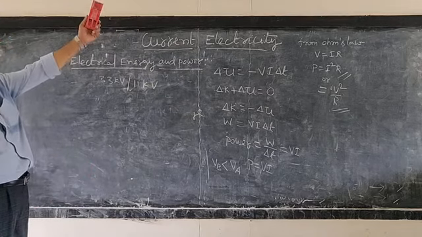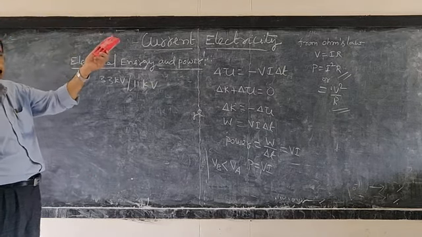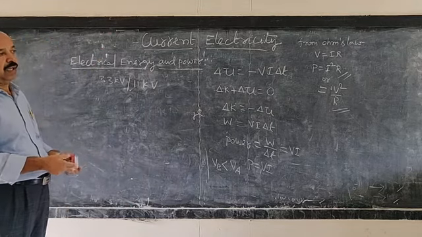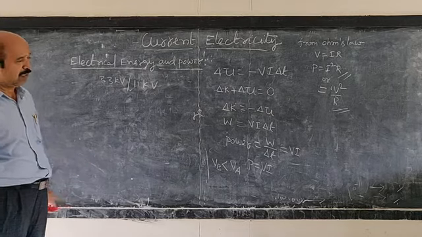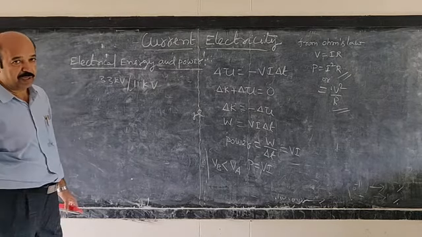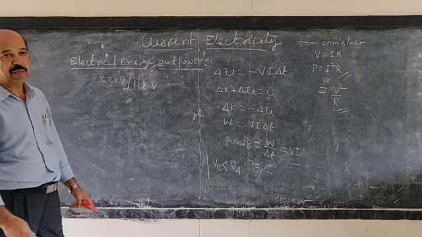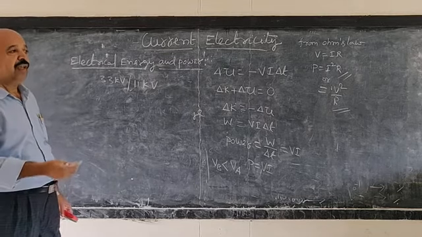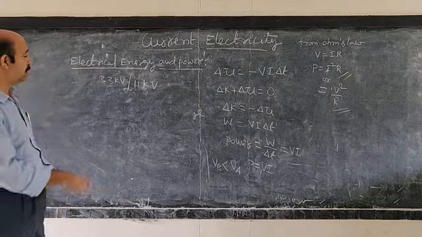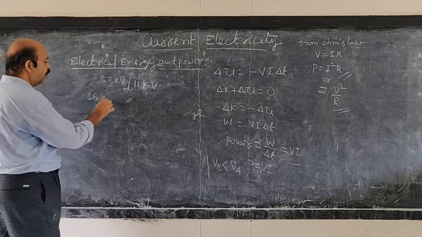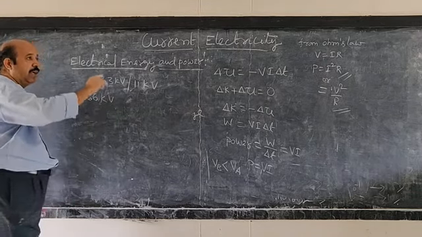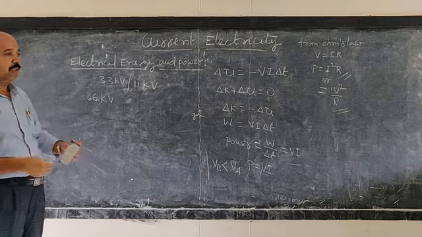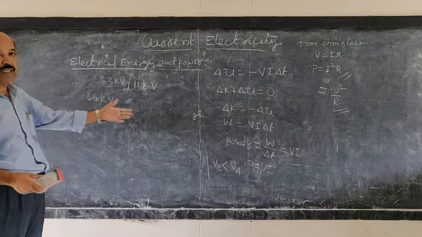So from the generator at the power generating stations, like in Srisailam or Nagarjunasagar where hydroelectric power is being generated, or in Ramagundam or Ibrahimpatnam near Vijayawada where thermal power is used to produce electrical energy or electrical power, the power generated is raised to a very high voltage, of the order of 66 kilovolts or more. And using thick cables and very tall pylons, the electrical energy is transmitted